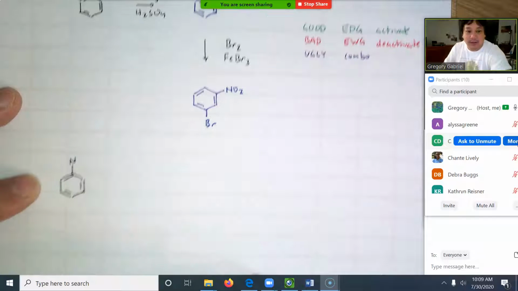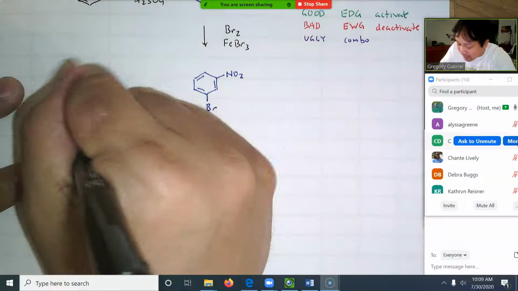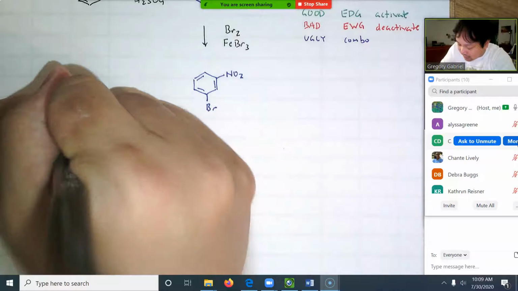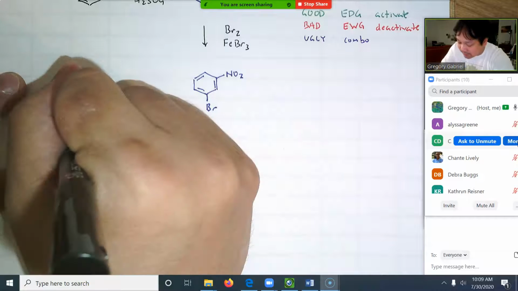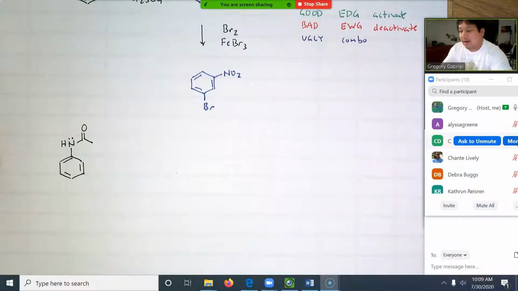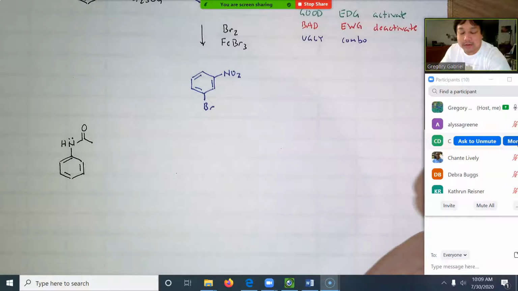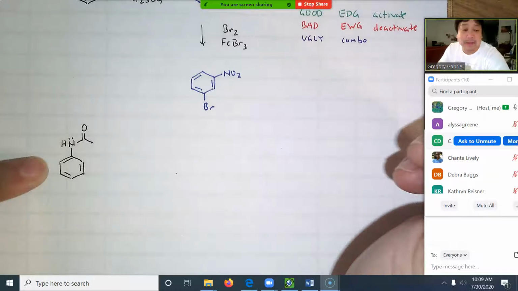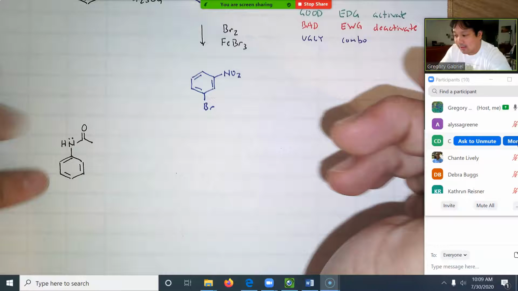The existing group is going to be an amide. Amide. You've seen this before. Maybe towards the end of the review, I'll show you how to make this. Okay, because there will be